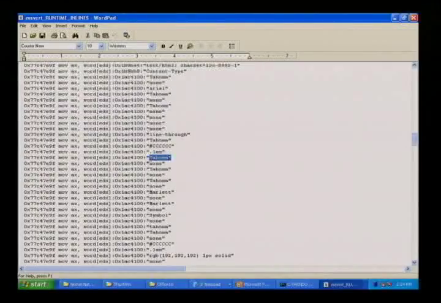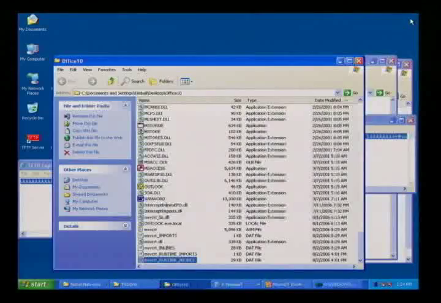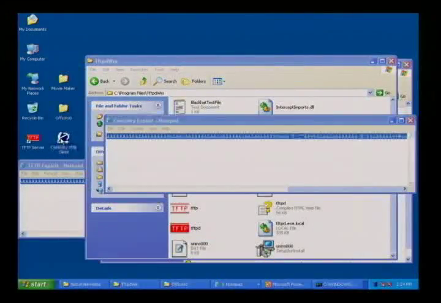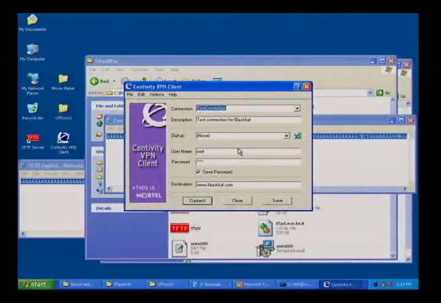These buffers, if they can be input by the user or some other source, they can be vulnerable. So let me show you an example